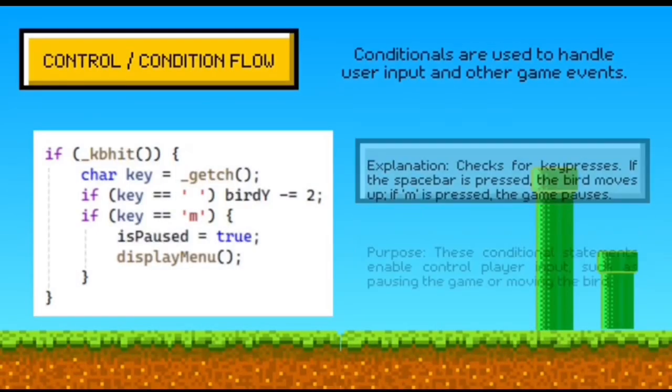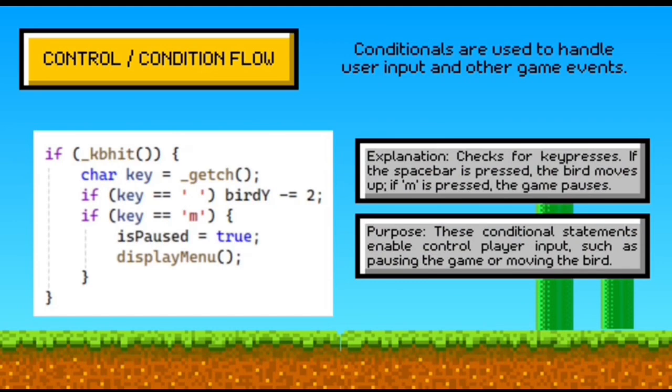Next, we have condition flow. Condition statements play a vital role in handling user input and various game events. For instance, we check for key press. If the spacebar is pressed, the bird moves up. If the M key is pressed, the game pauses. These conditionals not only enable player control but also help manage interaction smoothly, such as pausing the game or making